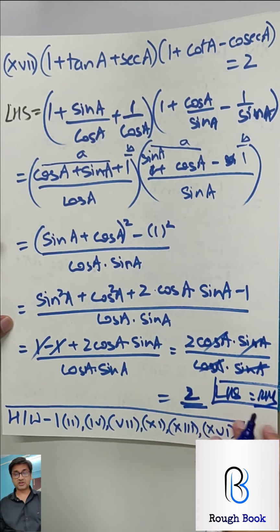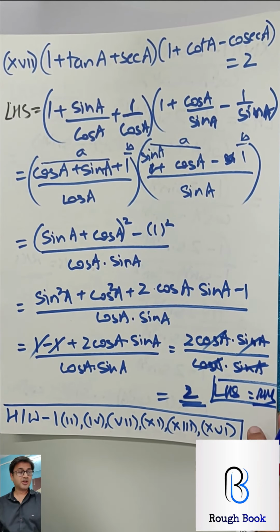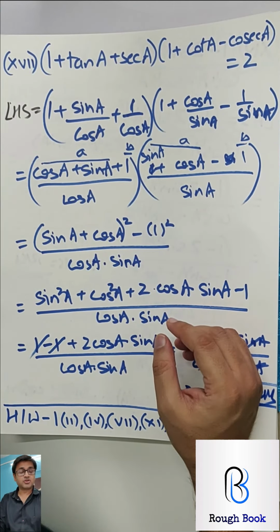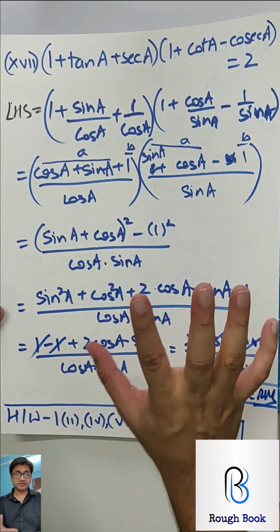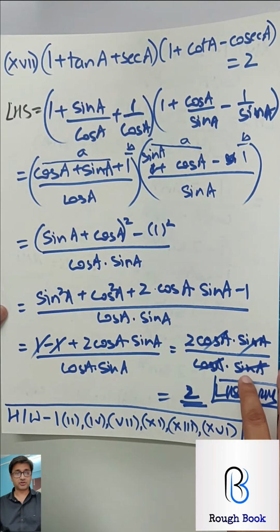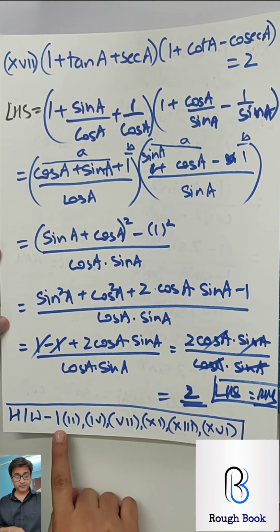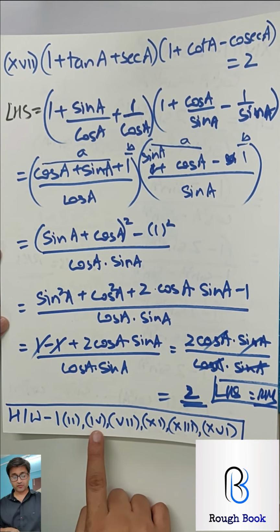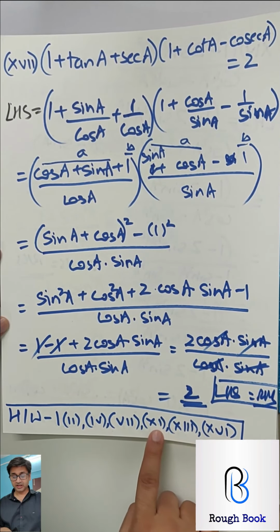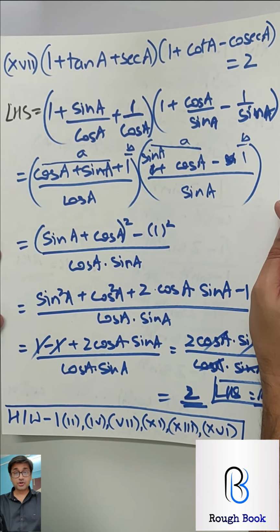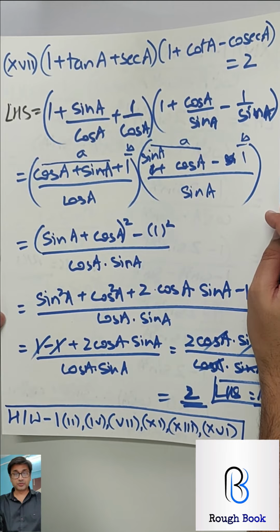How many could get this last question? Was it simple? So I'm sure you are managing it really well. So what we are left now is exercise 1E, the second part, which is sum number 10 and the parts of 10, and exercise D, which I will be doing in the next video. Homework, I want you to do 1 part 2, 4, 7, 11, 13 and 14. So please see to it you do all these sums honestly, try it, you should get it, and trigonometry should become much easier for you.